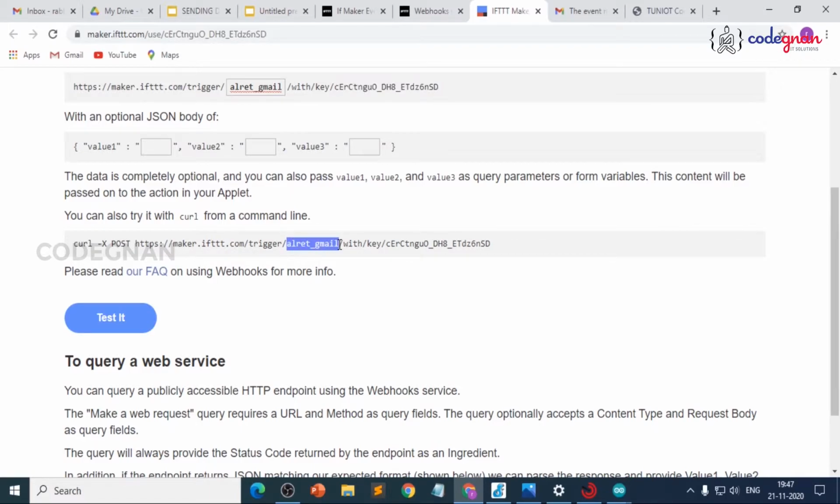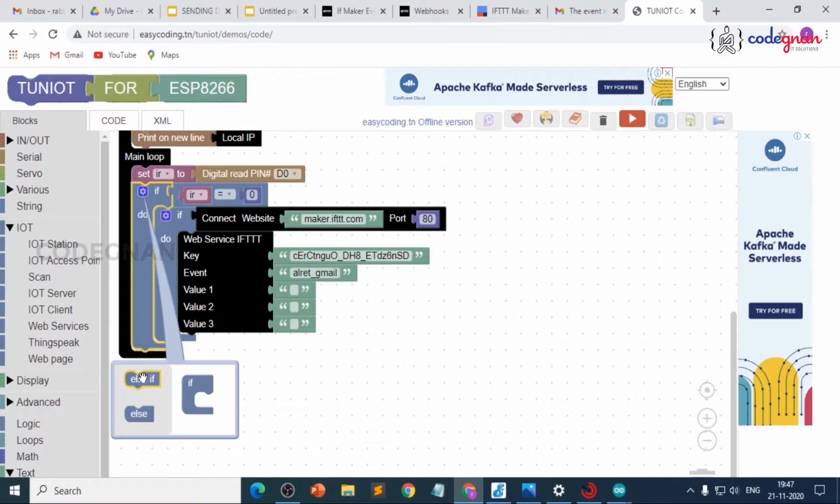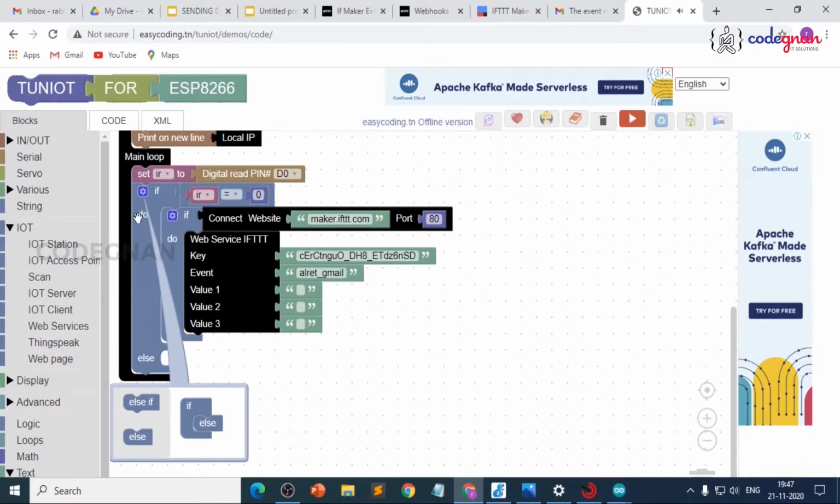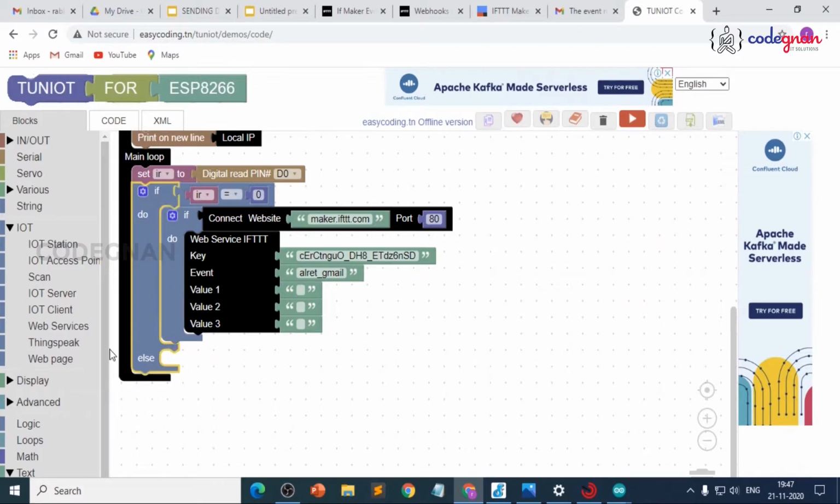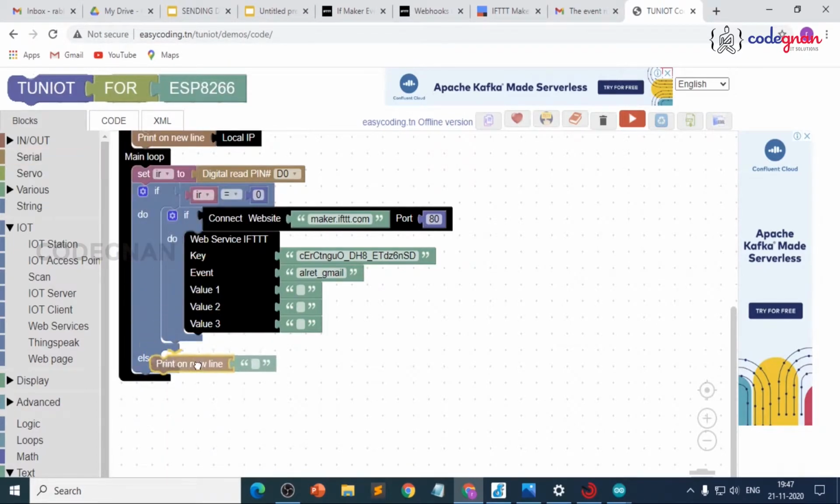Copy this email name and place it here, replace with here. So this is how we write in here. So else should be calm here. So drag this one to here, automatically the else block will be here. So print, nothing has detected. So print on new line,